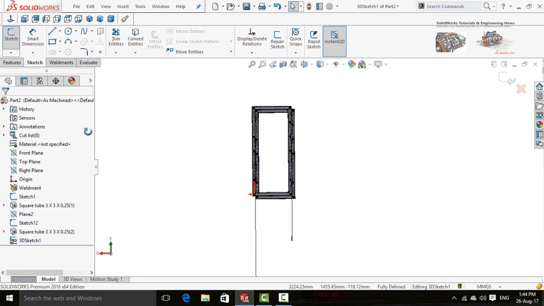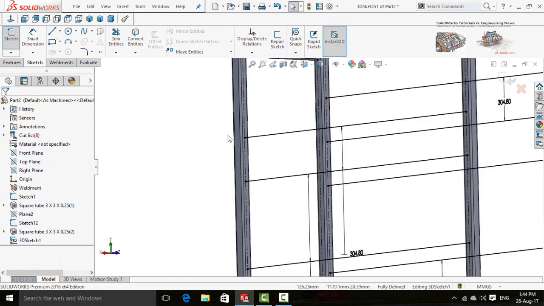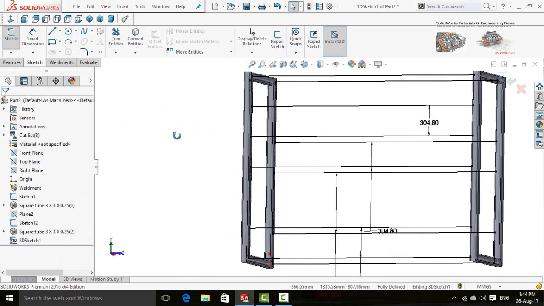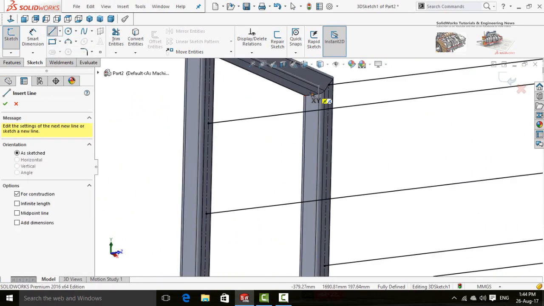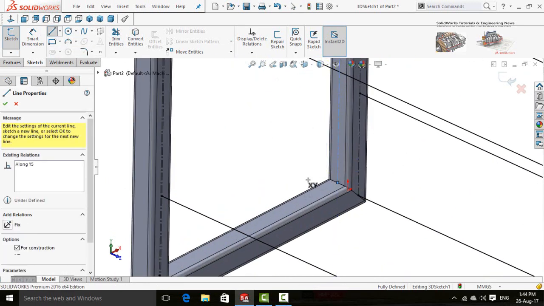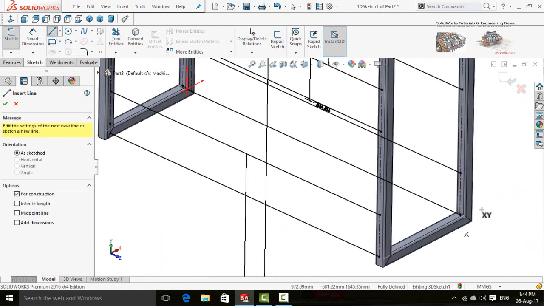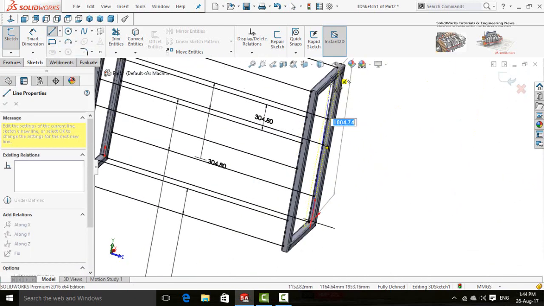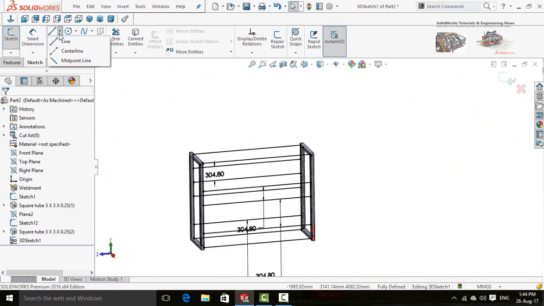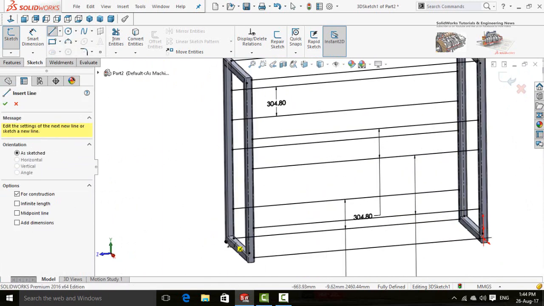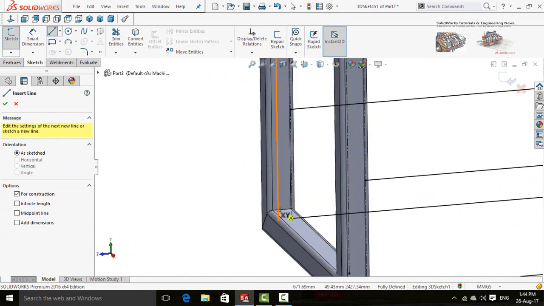Similarly, the same center line will be needed on this side. Be careful while drawing these lines.